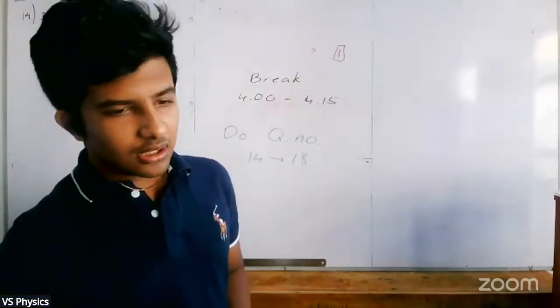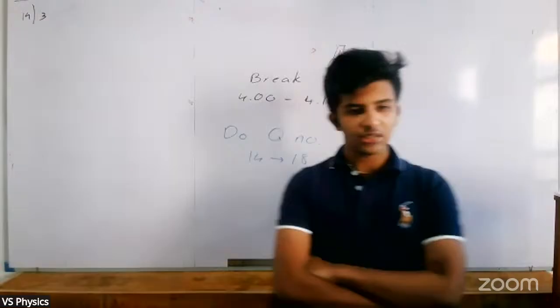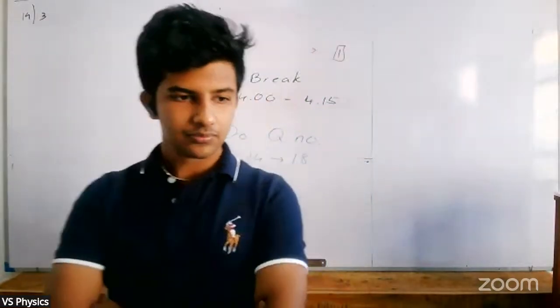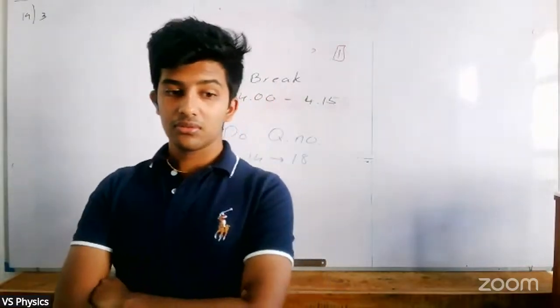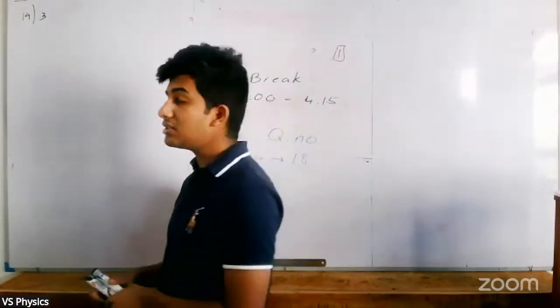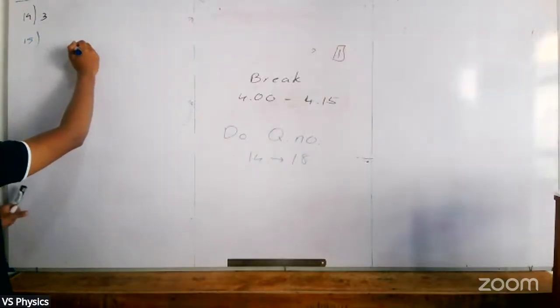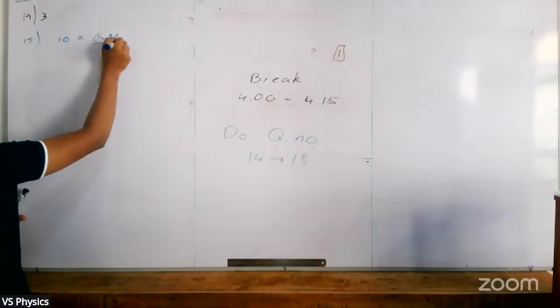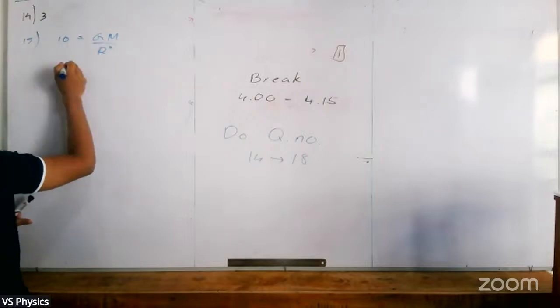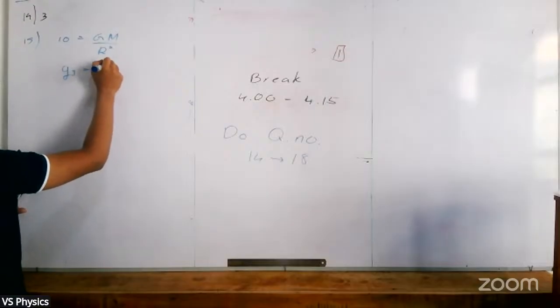15. Diameter and the mean density of Jupiter are 11 times and 1/4 times that of Earth. The gravitational intensity on the Earth is 10. Find the gravitational intensity on the surface of Jupiter. We can directly write 10 equals GM over R square. Now we are talking about Jupiter. Gravitational intensity on Jupiter, we can write G